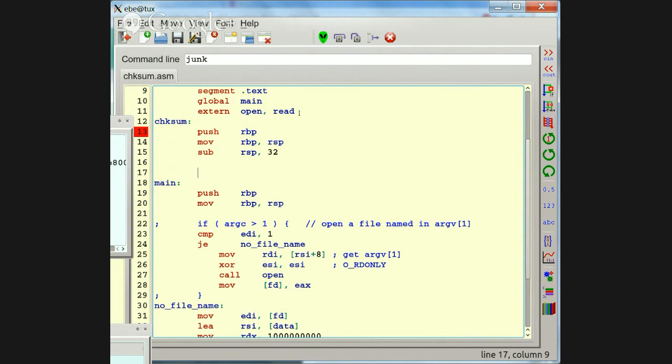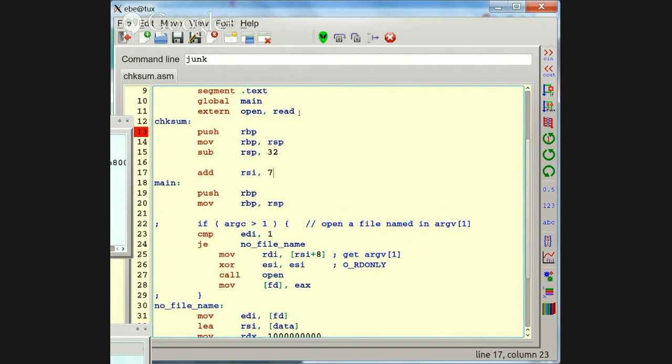Well, the way I tend to do it is to add 7 and then divide. So if I do add RSI 7, then if it happens that it is 1 more than a multiple of 8, it will become a multiple of 8. If it's 2 more, it'll be a little bit bigger than a multiple of 8.